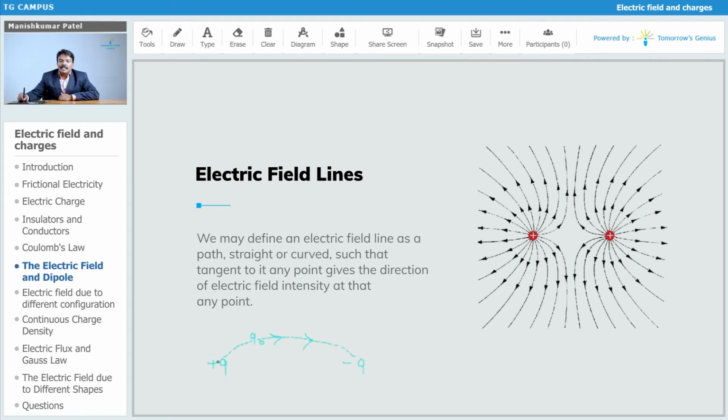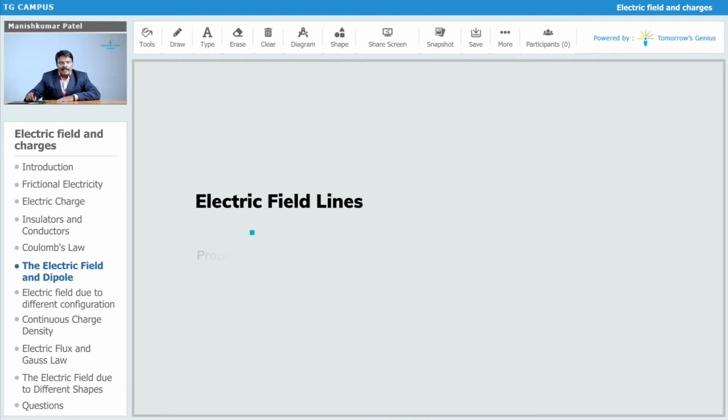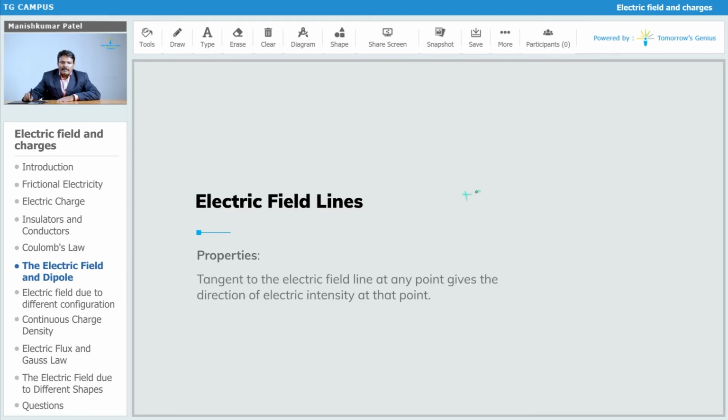So that is nothing but your imaginary lines along which the test charge will move if I let it move freely in that space. Based on that, you can describe or define the different properties of your electric field lines. The first thing you can find is that the electric field always originates from plus q and goes to minus q. So I can represent it in this way, going from plus q to minus q.